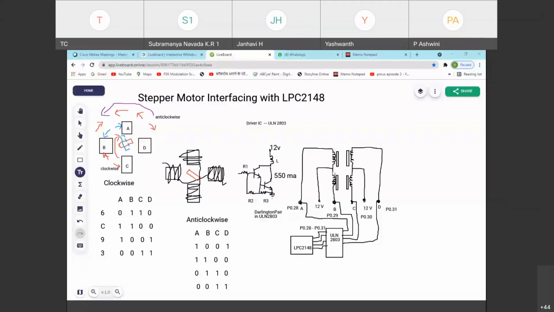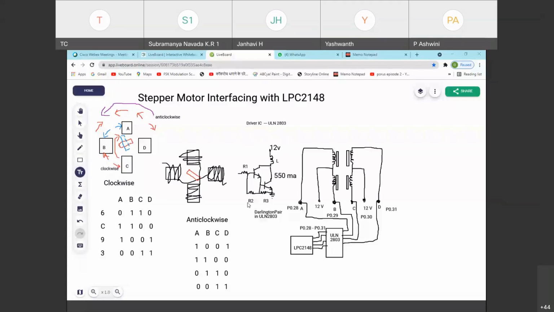So how to create the magnetic field? You need to pass the electric current through these coils. The coils get energized and produce the magnetic field. Hence the rotor gets attracted and it rotates. Which direction depends on which coil you energize at a time. Either you energize AB, BC, CD, DA, or AD, BC, CD, DA, whatever combination. Let us understand which combination, if we give it, gets which coils energized, and in that direction the rotor will rotate. First, the simple working of the Darlington pair, as I said.